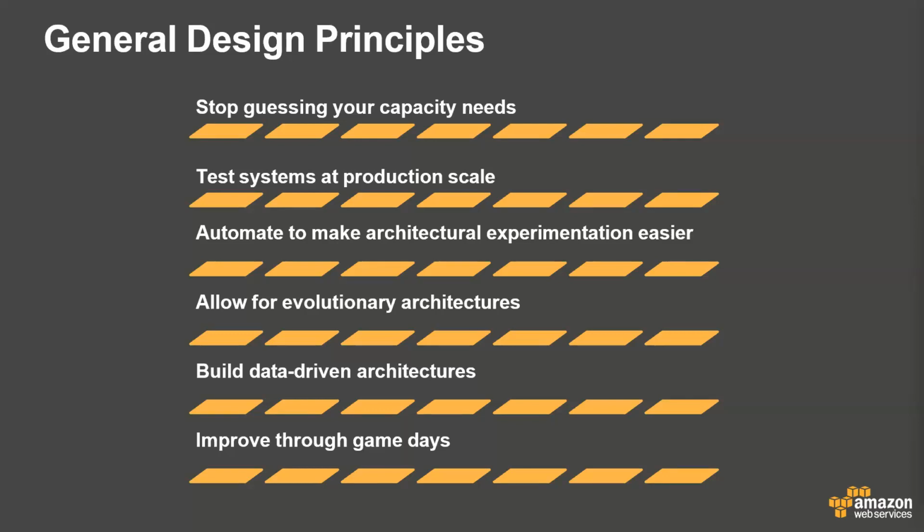Then allow for evolutionary architectures. Now, one thing that we are all aware of is that change is inevitable. And when it comes to technology, technology is changing at a very fast rate. Definitely, we need to cope with these changes, and this involves going with the latest technologies. Right now, we are talking of AI and machine learning and all that.